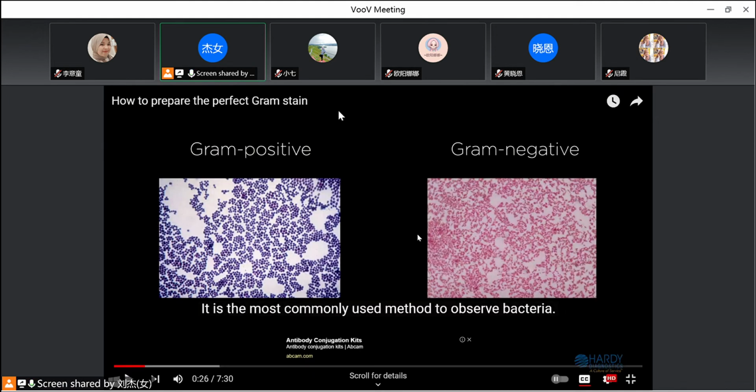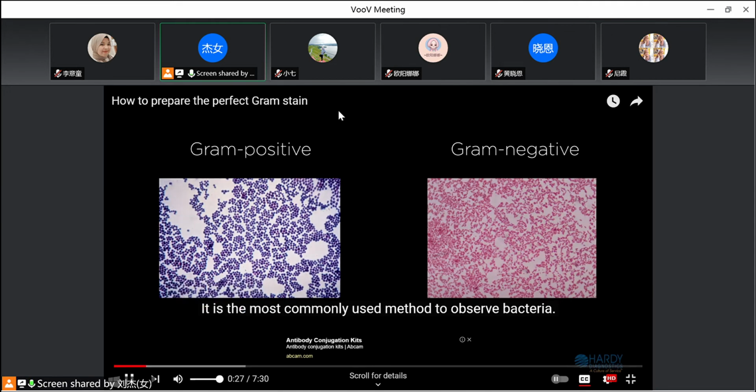Okay, so just now we have learned that the Gram staining will make the bacteria different colors, right? Some of them are pink to red. Some of them are blue to purple. So gram-positive are blue and purple, and gram-negative are pink and red in color. This is the most commonly used method